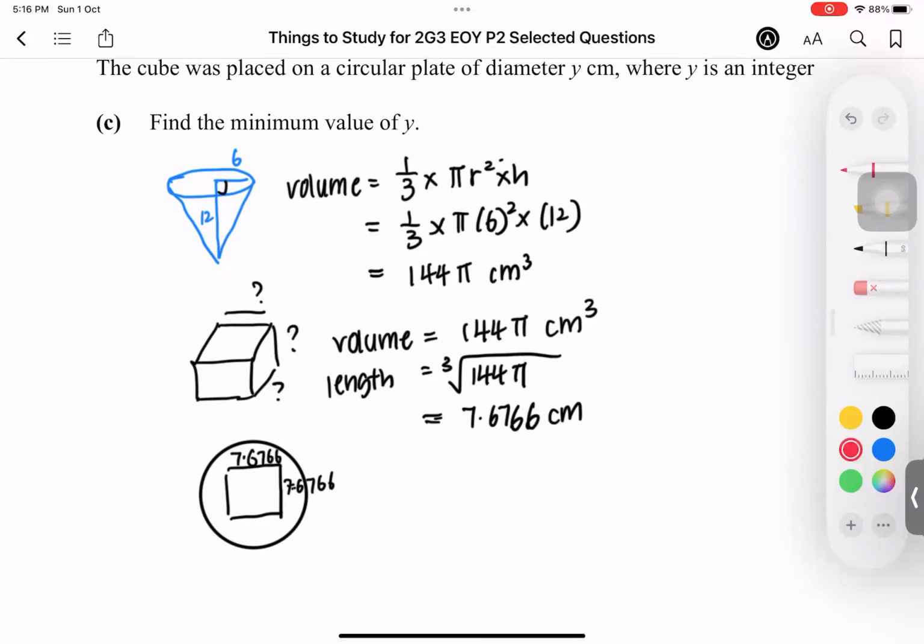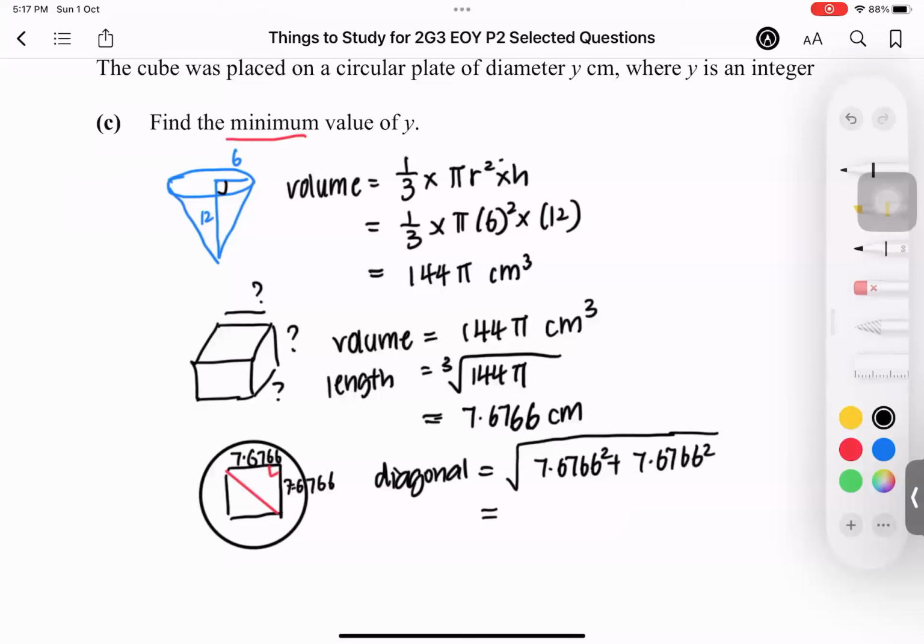So I find the smallest possible minimum. In this case, I need to find the diagonal, which forms a 90 degree angle, using Pythagoras theorem. Then I see what's the smallest possible to fit in. So to find the diagonal, I use Pythagoras theorem: square root of 7.6766 squared plus 7.6766 squared. Boom. Then I get